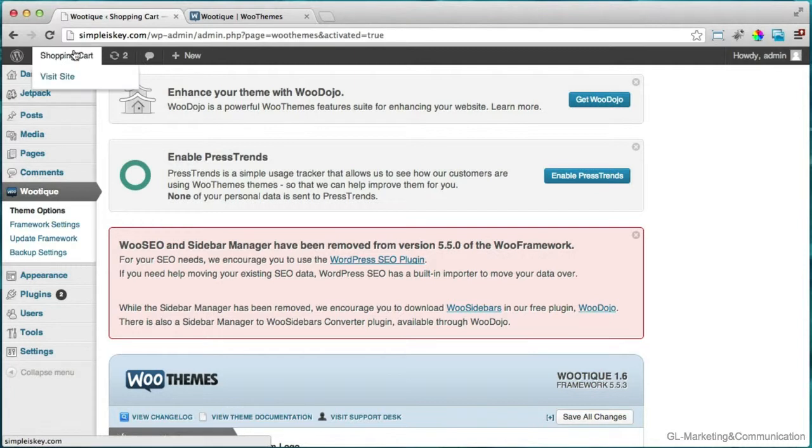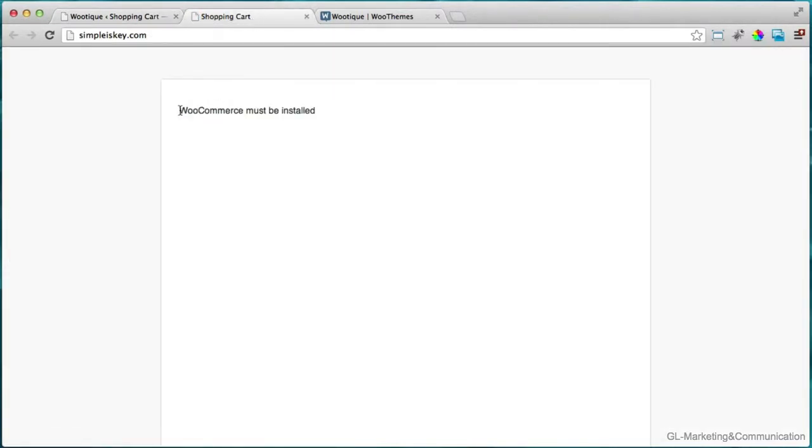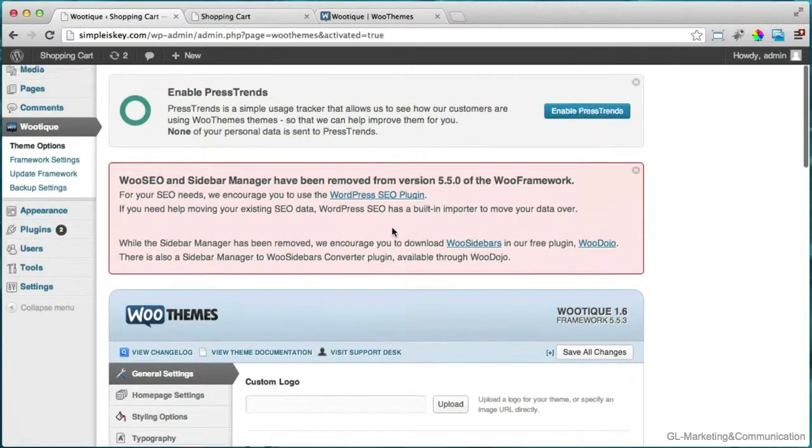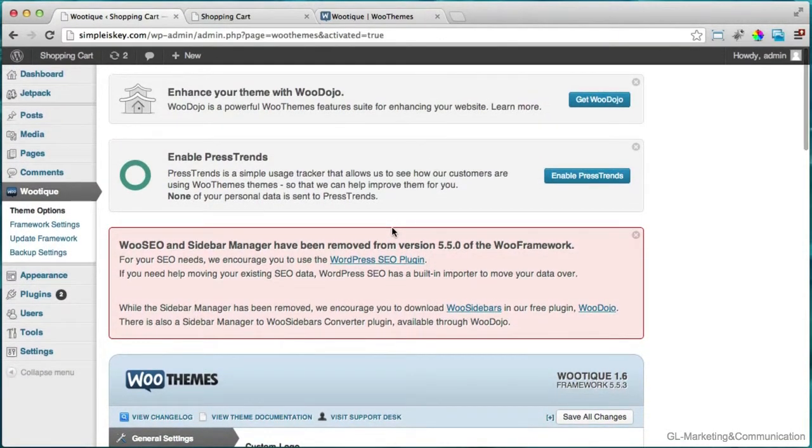All right, now I'm going to go to my website and see if that changed anything. In here it says WooCommerce must be installed. So what does that mean? That means in order for all of this to work, we need to install the plugin WooCommerce. And I know I'm going to explain plugins a little later, but basically what plugins